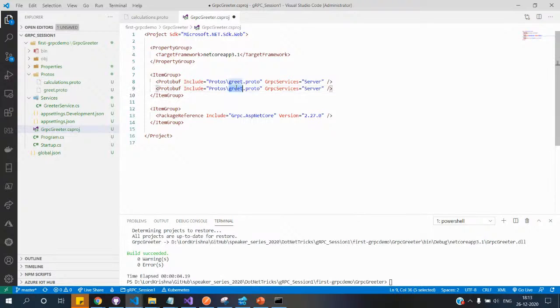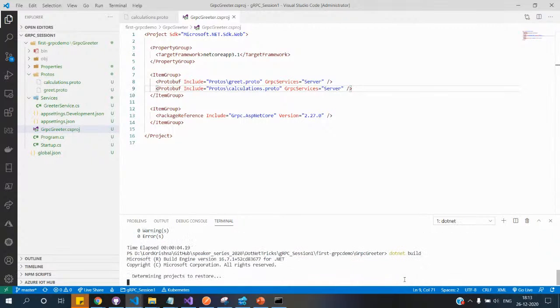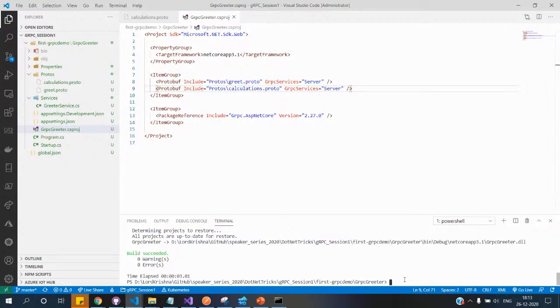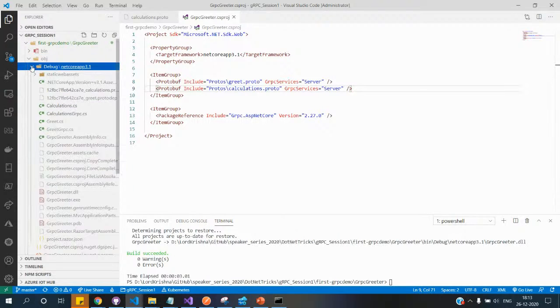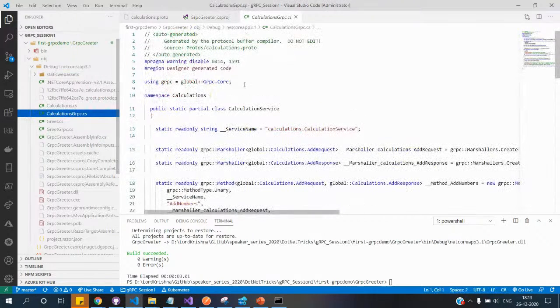Now I come in here. Let's initially create the server components. Okay. So now I'll come and again I do the build, and now this time when we go and see that, we are seeing that. So similarly the greet in this one, you can get into this file, you can see this, that's a namespace,